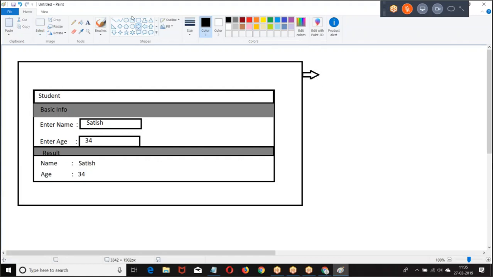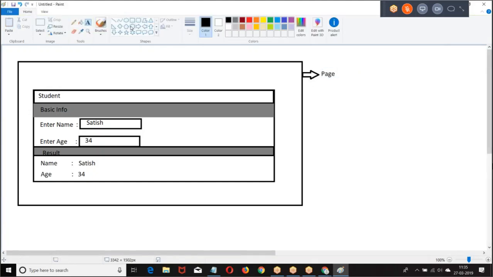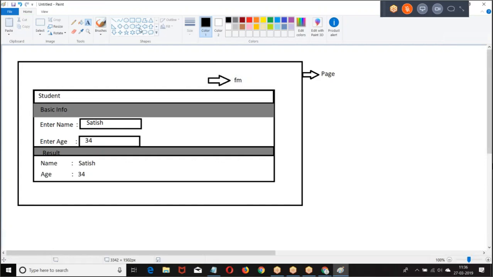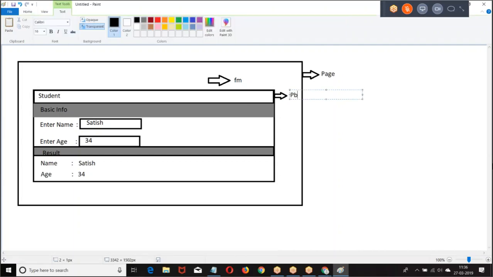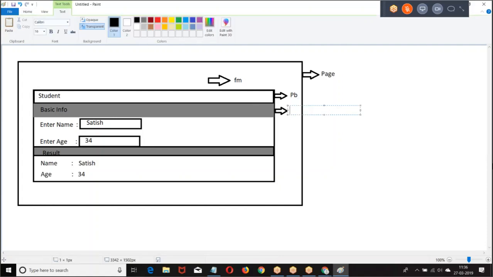Now I have the ID of the page. Then in the page, because I have an input text box, in the form we have a page block. In the page block we have a page block section.